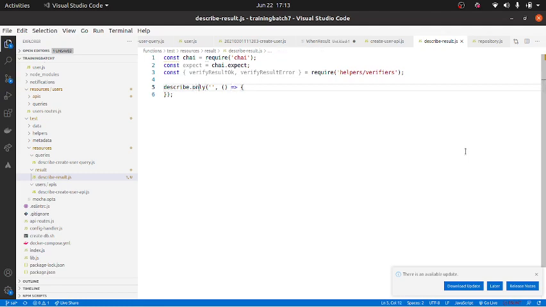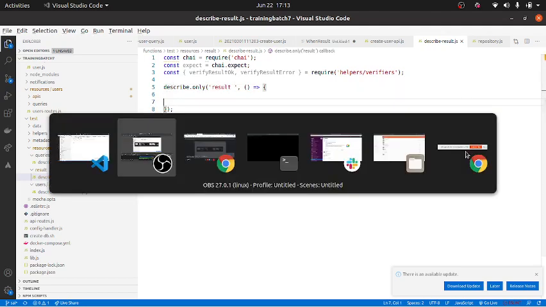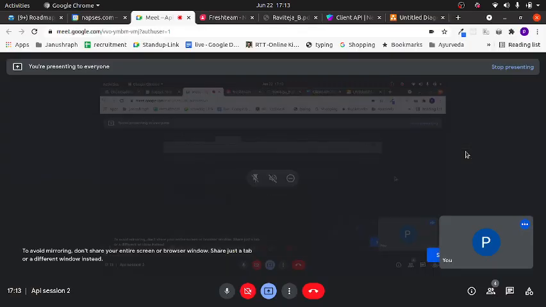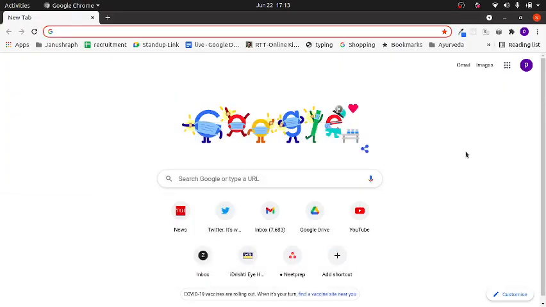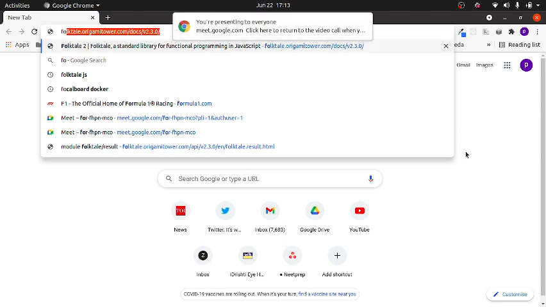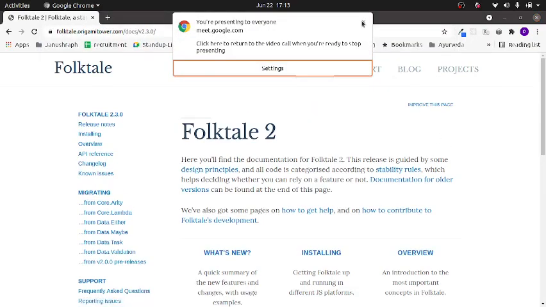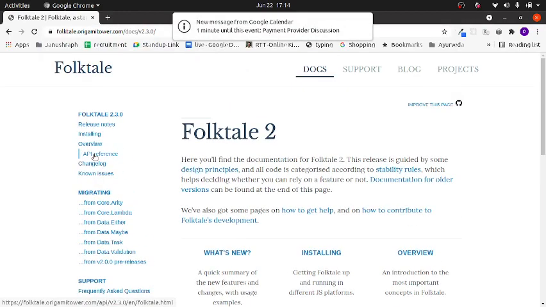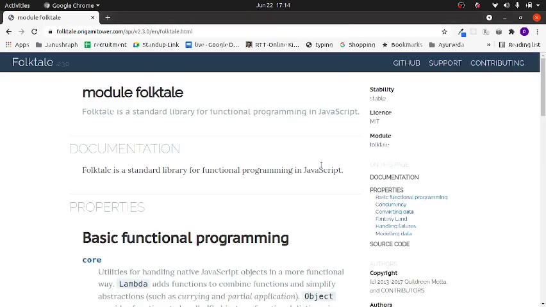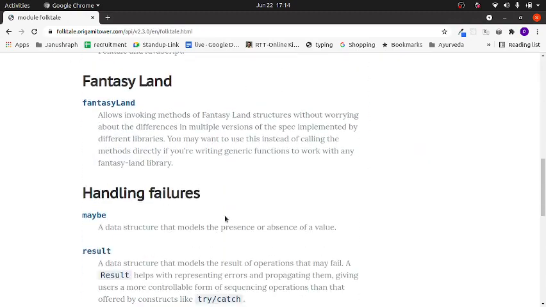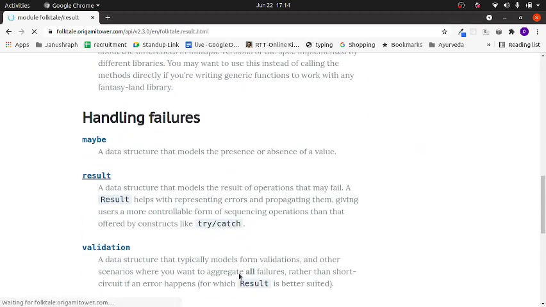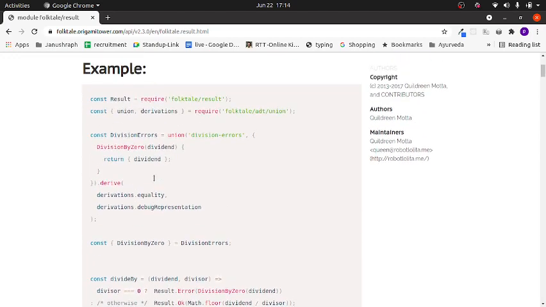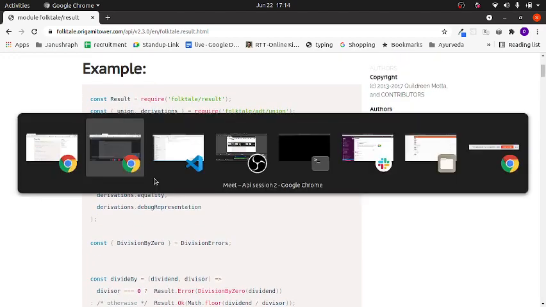So here we basically tell describe a result, and we'll see how does Result work. So let me go to a new browser, Folktail Result. Okay, let's take a look at how Result works.